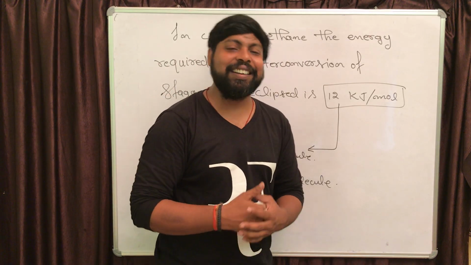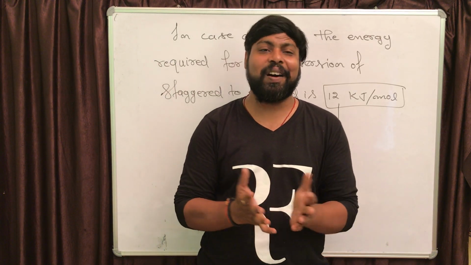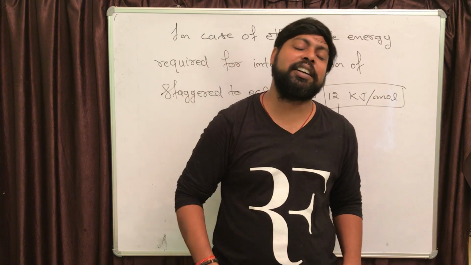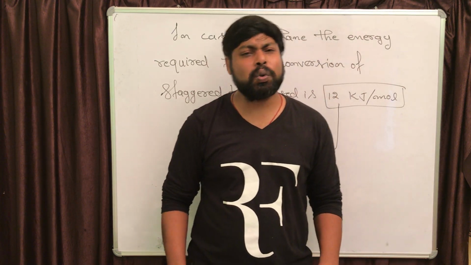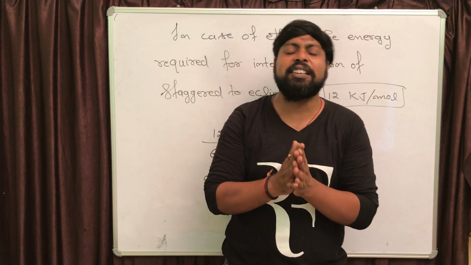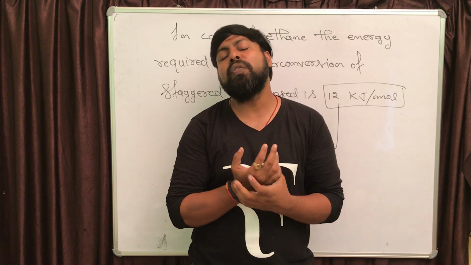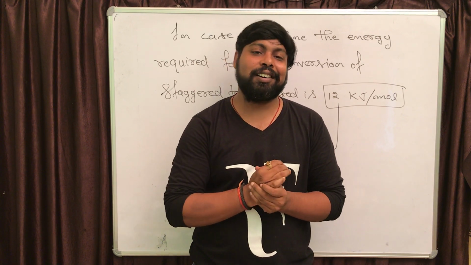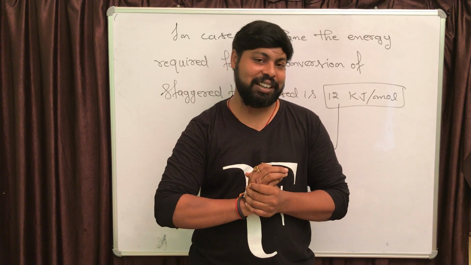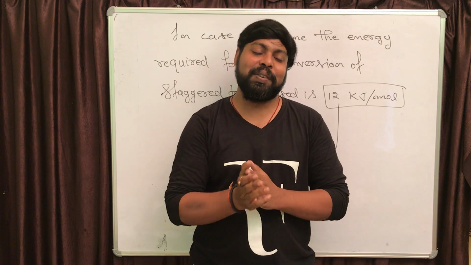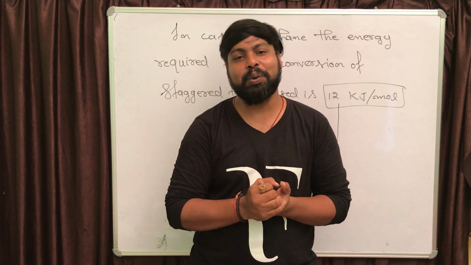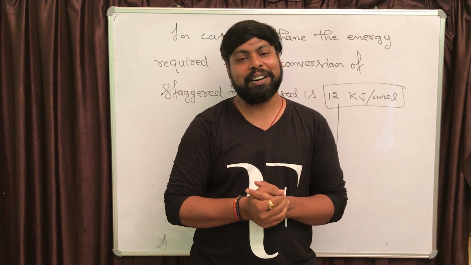So if you are taking the staggered form, the same molecule during collision may be converted into eclipsed form. So the same molecule is actually changing its structure, right? So how can we separate them? How can we separate staggered from eclipsed? That's not possible at all, because the same molecule which has staggered form at a moment, next moment is going to achieve eclipsed form, right?